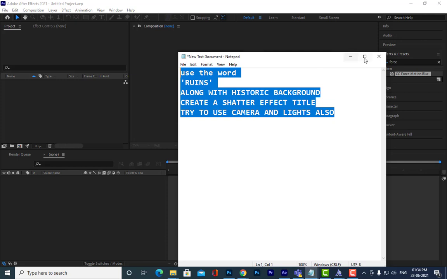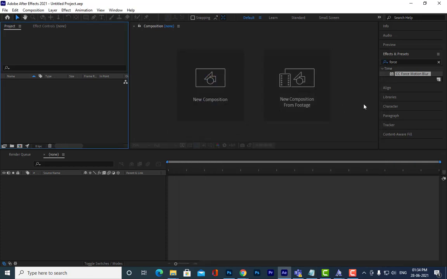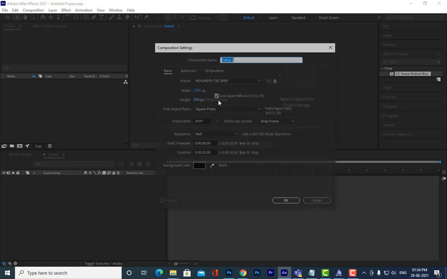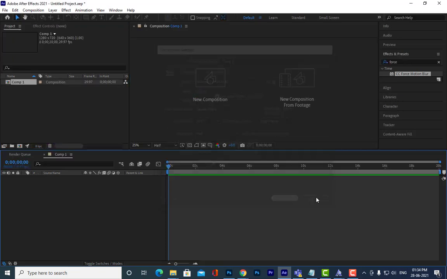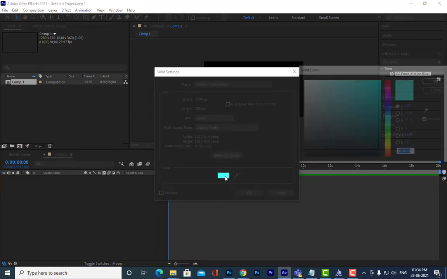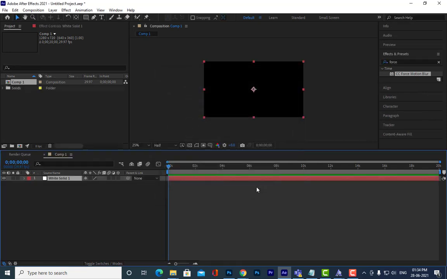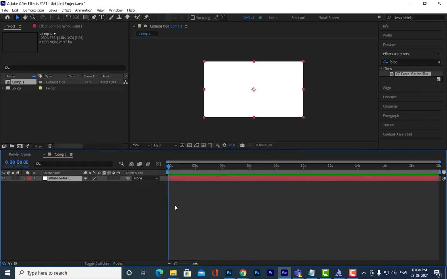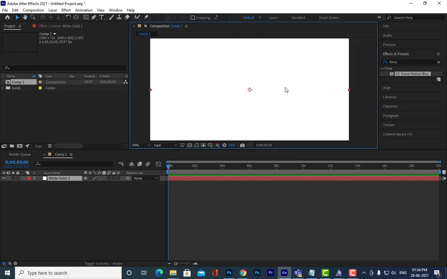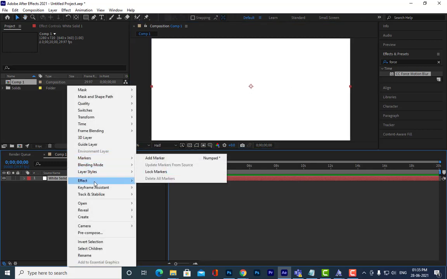So now let us see some more interesting things here. I'm taking one solid here. We'll create a white solid. Okay, and see, there is something called CC Starburst.